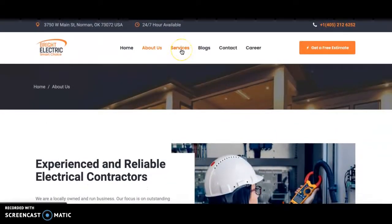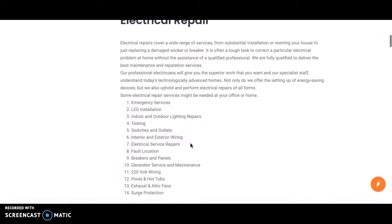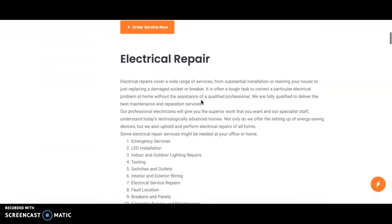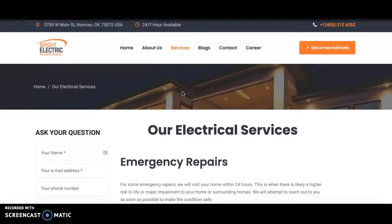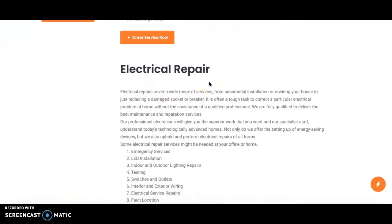And then, let's see. So one thing I would recommend for your service page, so I see you have services listed all on the same page here, is if you were to make this a non-clickable menu and have a drop-down with individual pages for each of these services. So for example, if you were to have a drop-down and the first page says emergency repairs, and then the next page would say electrical repair, that just really helps each of those services to rank individually higher up on Google. That way, if anyone's looking for an electrical repair and they type in electrical repair Norman, this individual